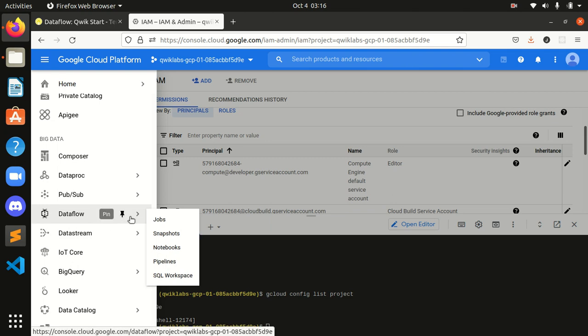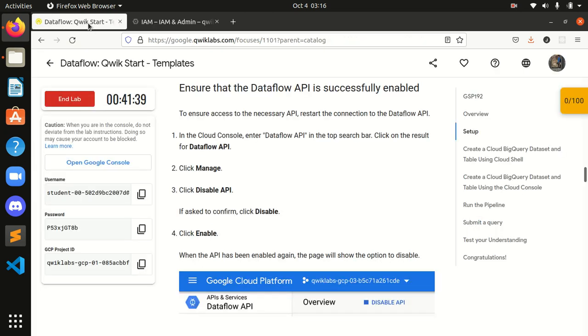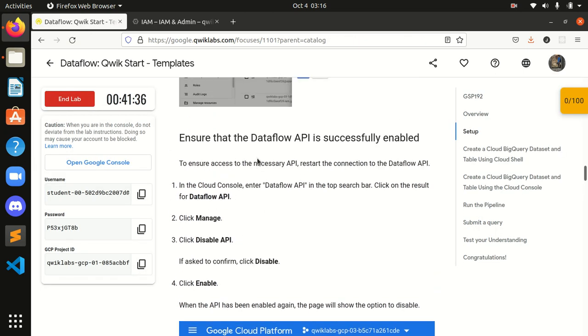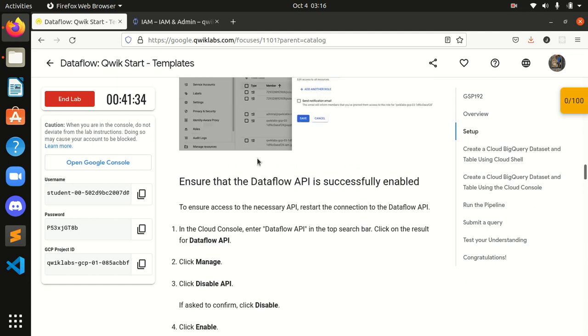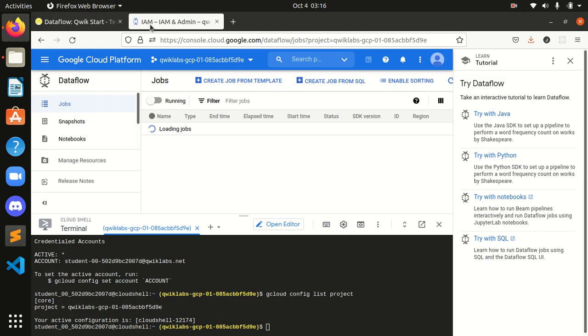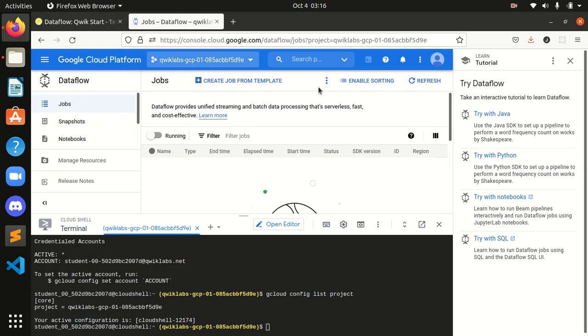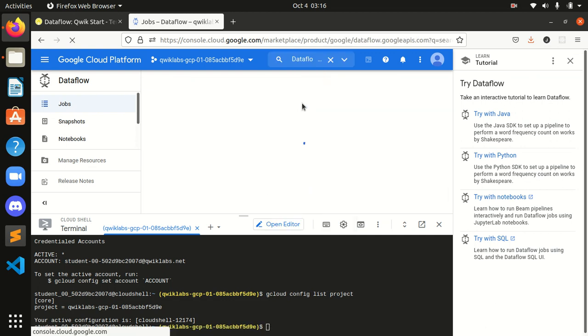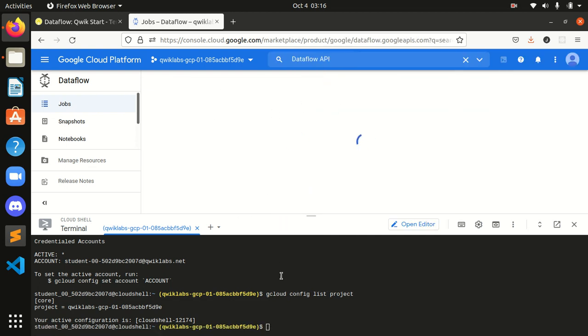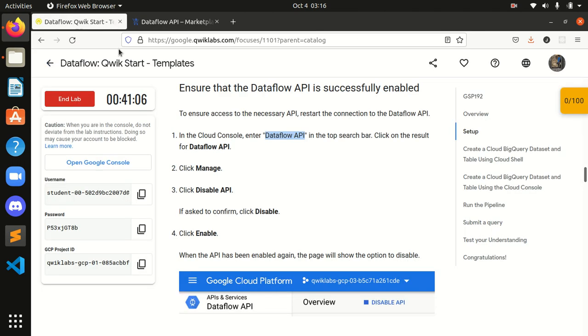This is my Dataflow. We can search Dataflow API also. No need to do any extra step. Directly come here and search it, and it will come over here. Dataflow API, and let's check that the API is enabled or not. If it's not enabled, okay, it's already enabled, so no need to do any other steps.